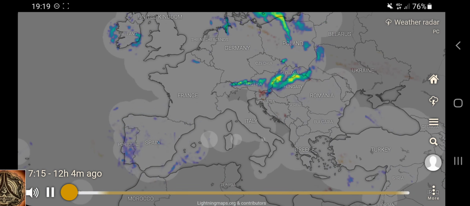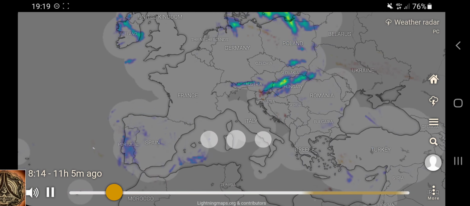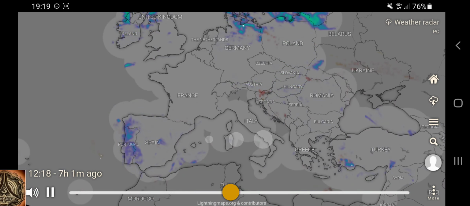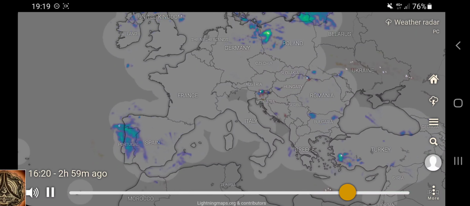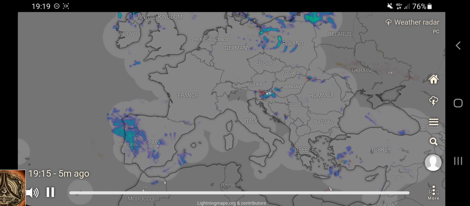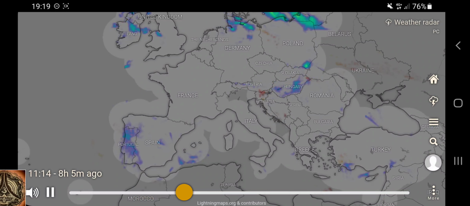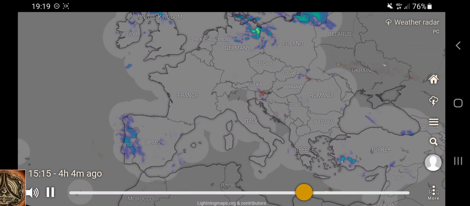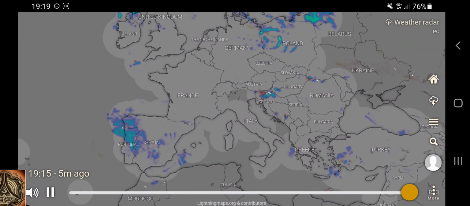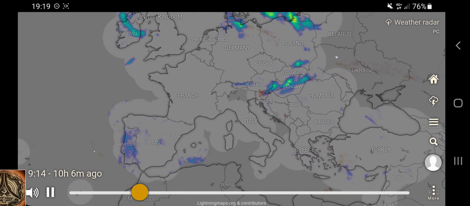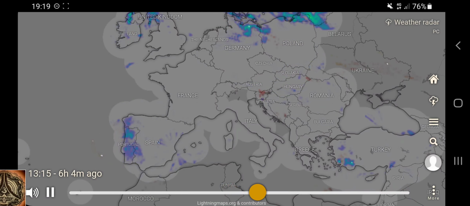Now we can see where there has been lightning until now, the last 12 hours. The brown spots, yellow or black spots are those which got hit the most. You can also see volcanic eruption on this and many other funny things.